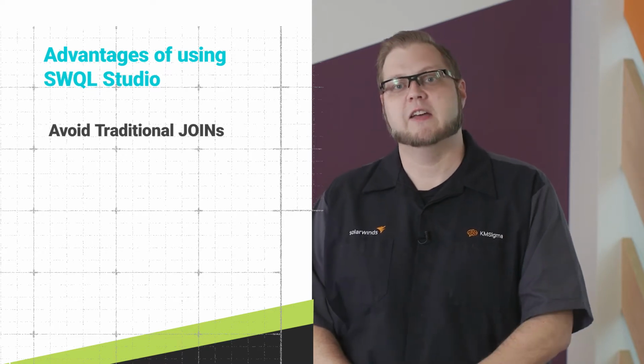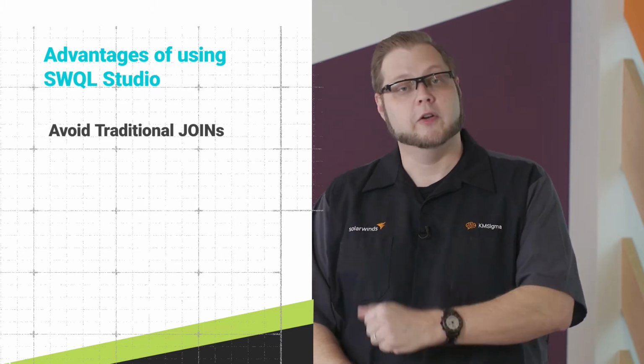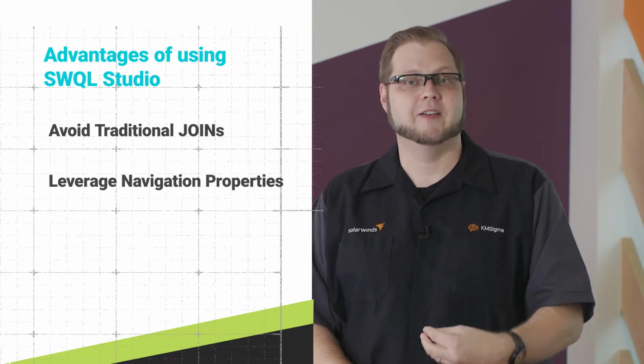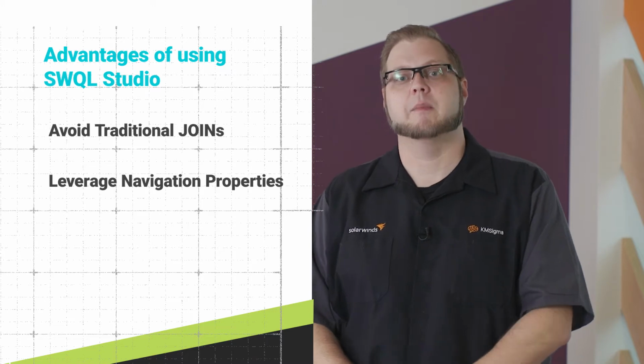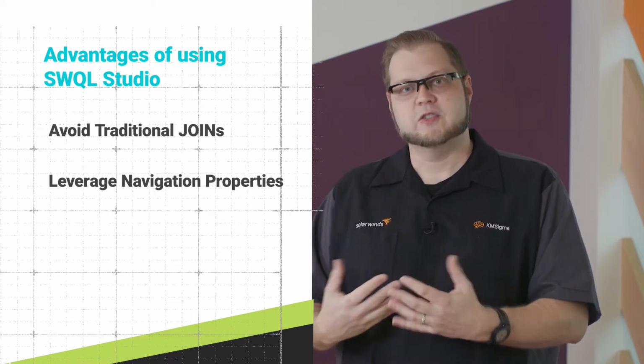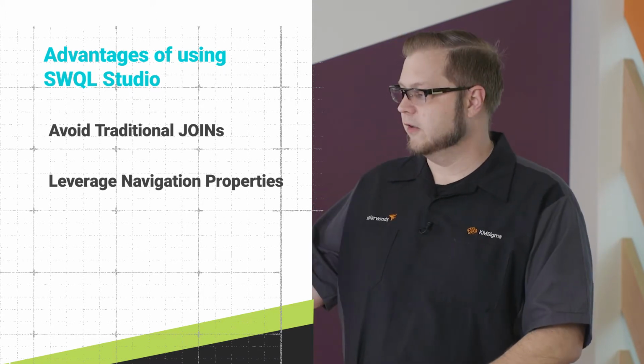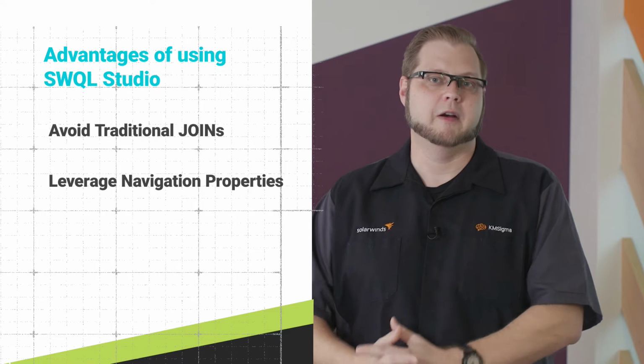The example I just gave was about nodes kind of being the center and the beating heart of monitoring. And if we go to nodes here, you can scroll down a little bit and see that there's also an interfaces navigation property. This gives you some interesting ways to get to information. In a traditional relational database, you would have to have a nodes query and an interfaces query and link them on some type of primary key. It's fine if you want to do it that way, but you don't have to using SWQL.